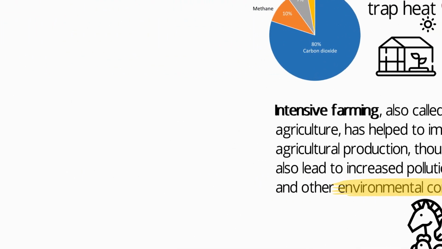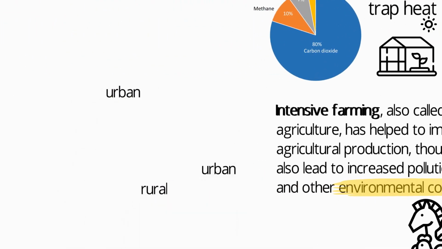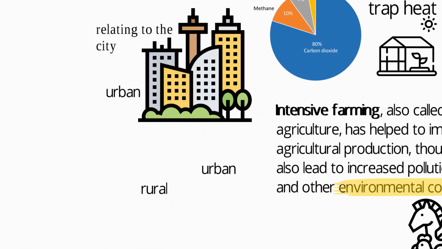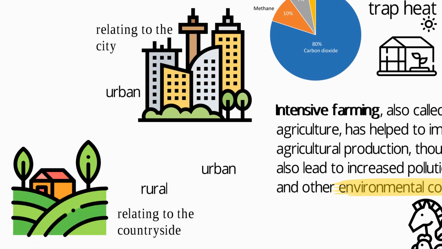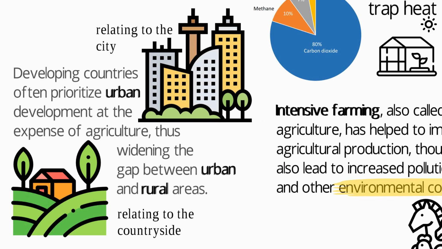Next, the words urban and rural. Urban, of course, means relating to the city, and rural means relating to the countryside. And these again are fairly common words, but again they have some really good collocations. An example sentence first. Developing countries often prioritize urban development at the expense of agriculture, thus widening the gap between